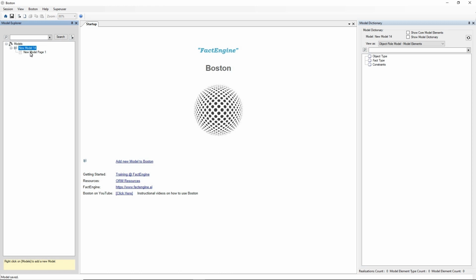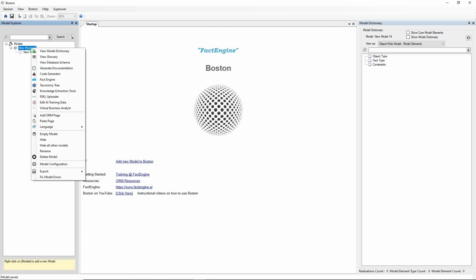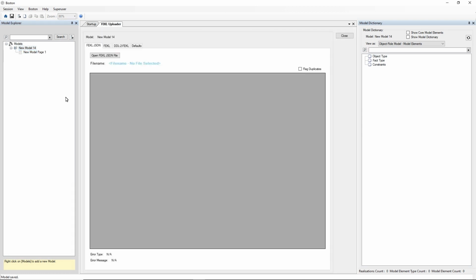It's got just one page, which is empty at this stage, and when you right click on the model you can select the FEKL uploader, and FEKL stands for FactEngine Knowledge Language, and I'll explain FactEngine Knowledge Language in a second. So we've opened the form and there's a series of tabs. We just want the first tab for this demonstration. We're going to upload the conceptual model or part of a conceptual model from a JSON file in FactEngine Knowledge Language. So I'm just going to open that JSON file,